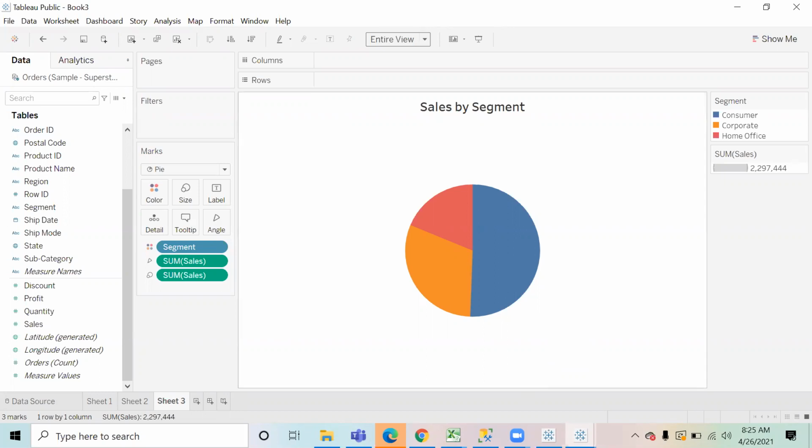Okay. And now if you want to put something on the labels, you can do that. Suppose you pick up the segment and put it on the label. So I can see the labels also. Let us put the sales also on the label. So I can see these labels over here as well.